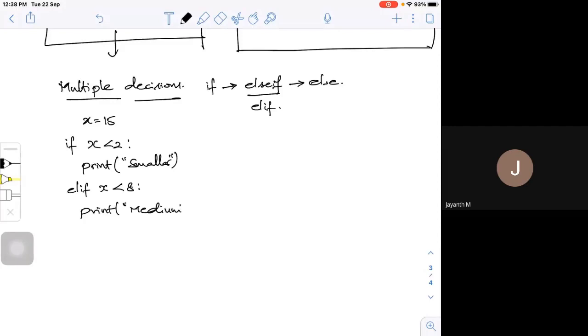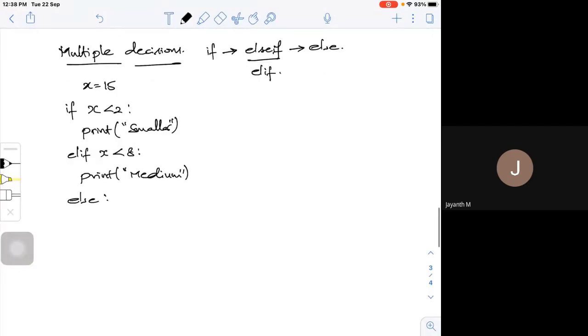If both the conditions fail, it will go to else. So simply put a colon, and then it will print it is a large number.